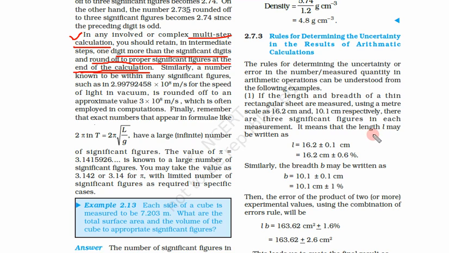Suppose we have 4.13 and 3.16. We are multiplying them and we get some result, and we know that this last digit is insignificant. So we can drop it and write 4.1, and this is also insignificant, so we can write it as 3.2. But it is advisable that we hold at least one more digit than the significant digits till the calculation ends. Only after the calculation do we round them off.